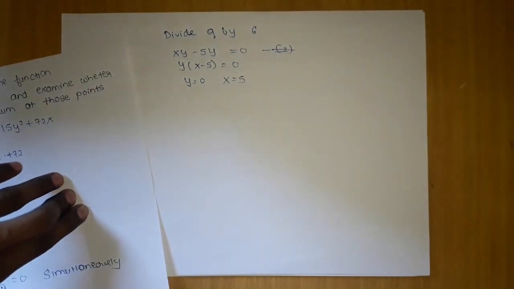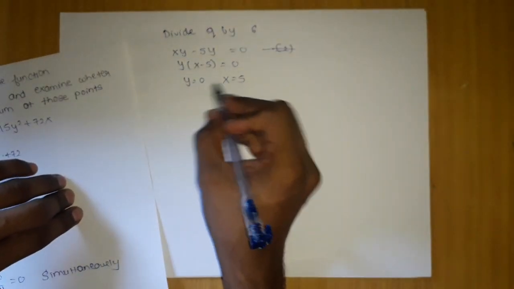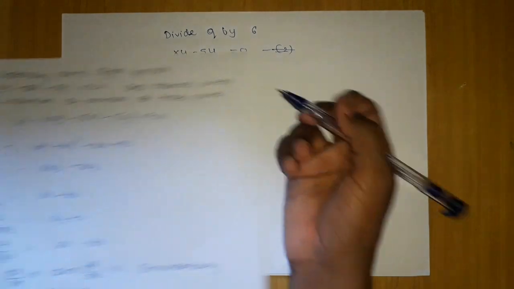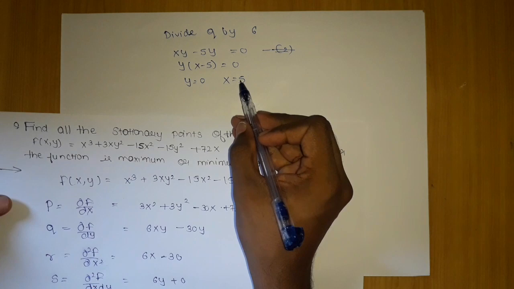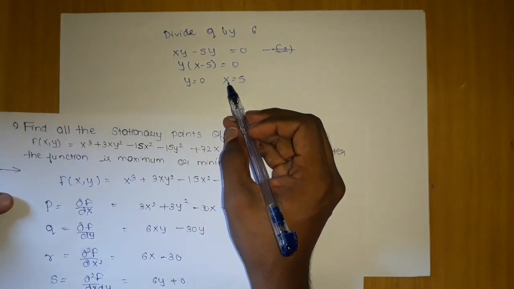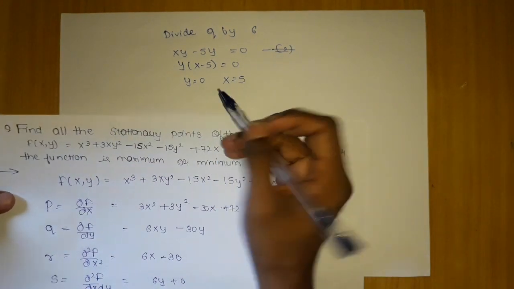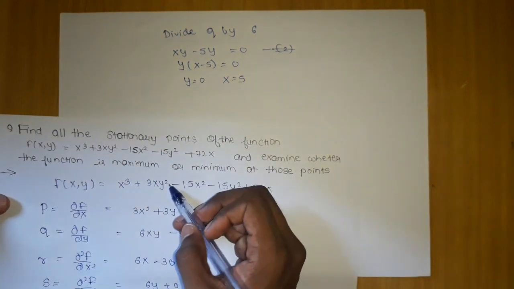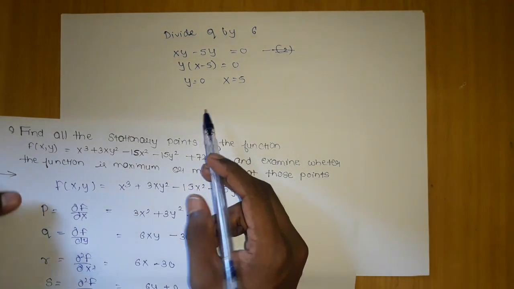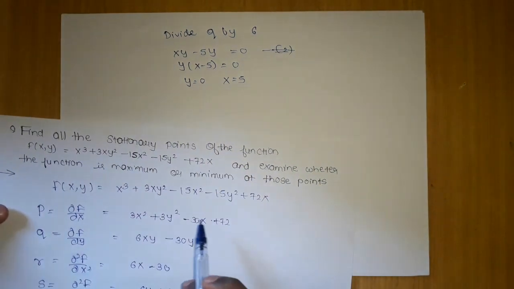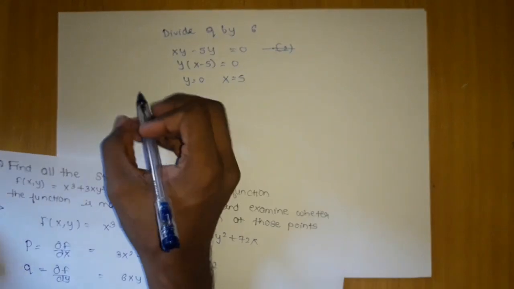Now I am getting x equals to 5. If I put x equals to 5 in this equation, I will get two y values which will belong to the stationary points, which is x comma y1, x comma y2. And if I put y equals to 0 in this equation, I will get two x values, which will be x1 comma y and x2 comma y, where y will be 0. So which one is more comfortable, what do you think? y equals to 0.